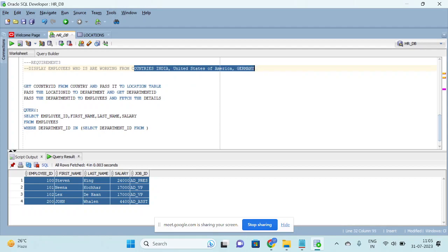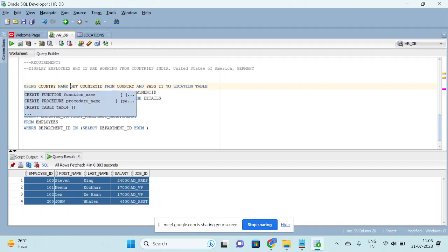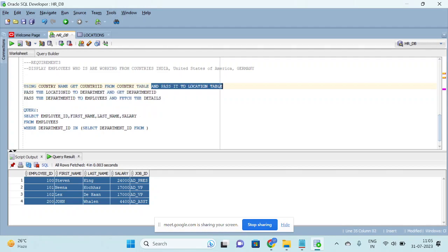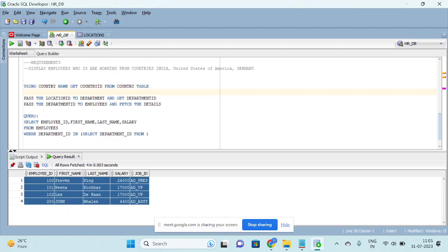We have the country name. So using country name, I will get country ID from the country table. Okay, I will write it again neatly. Using country name, get country ID from country table, and fetch. Pass it to the location table using country ID. Okay, then again using